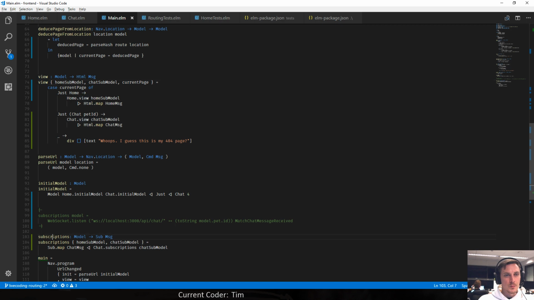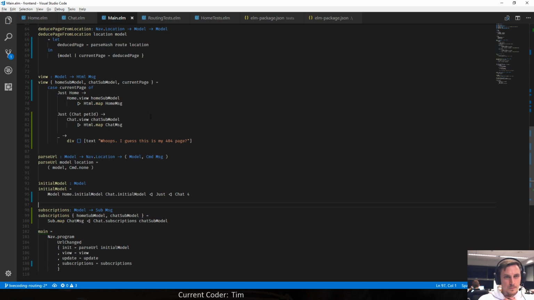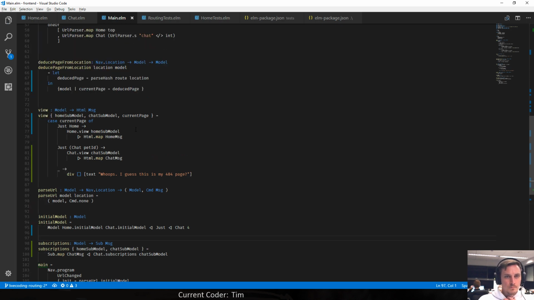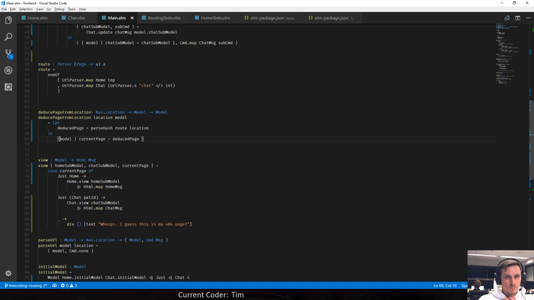So both view and subscriptions are going to have to do that stuff. So that's the current page, and then chat submodel equals model, well,